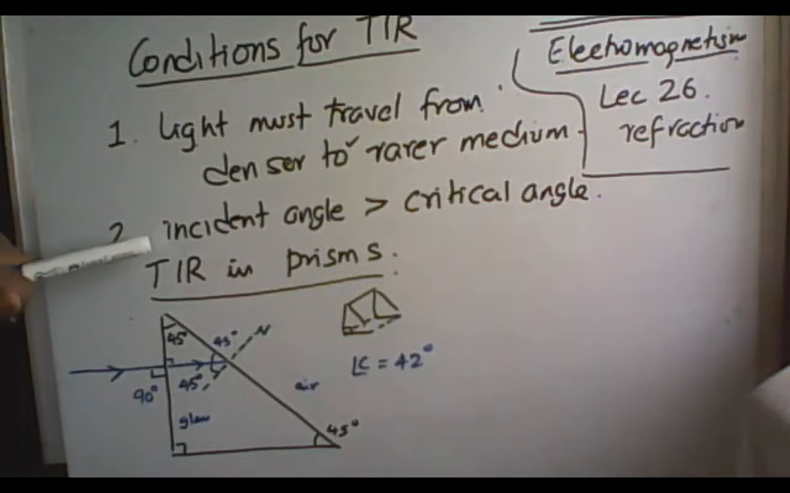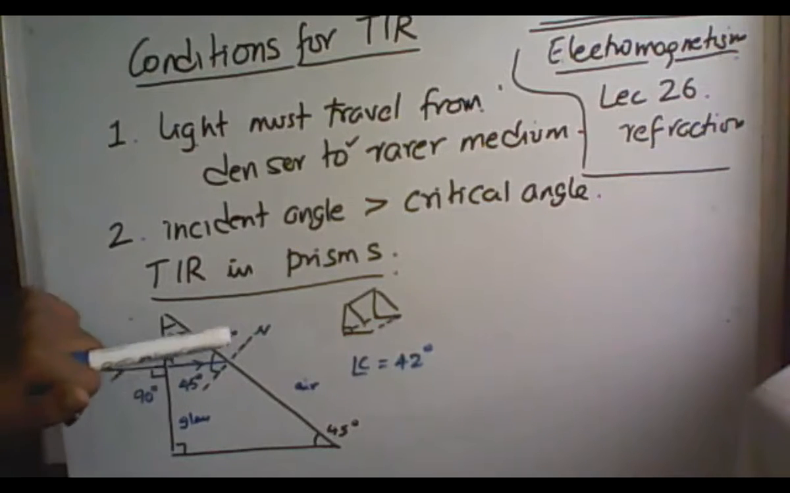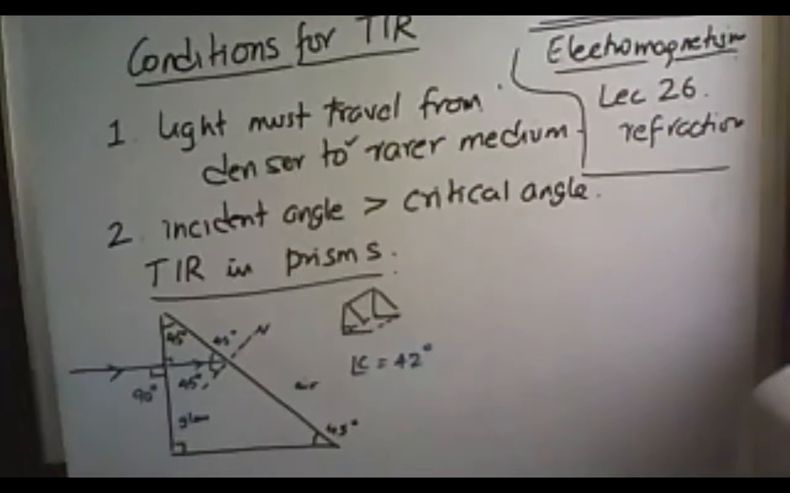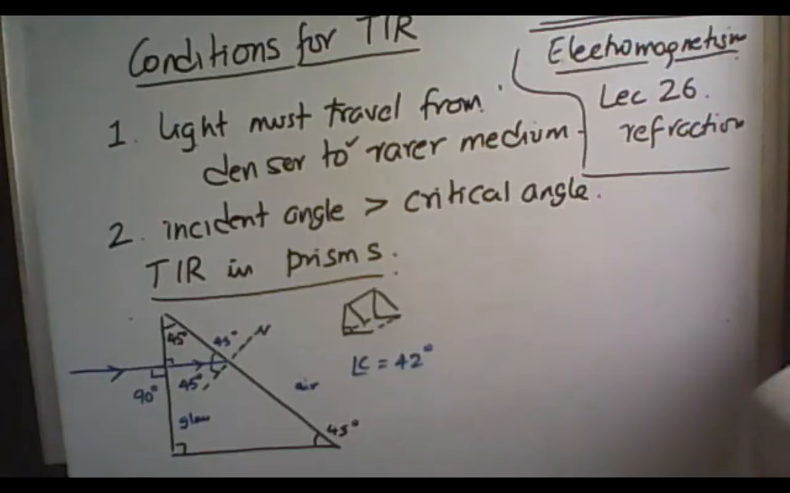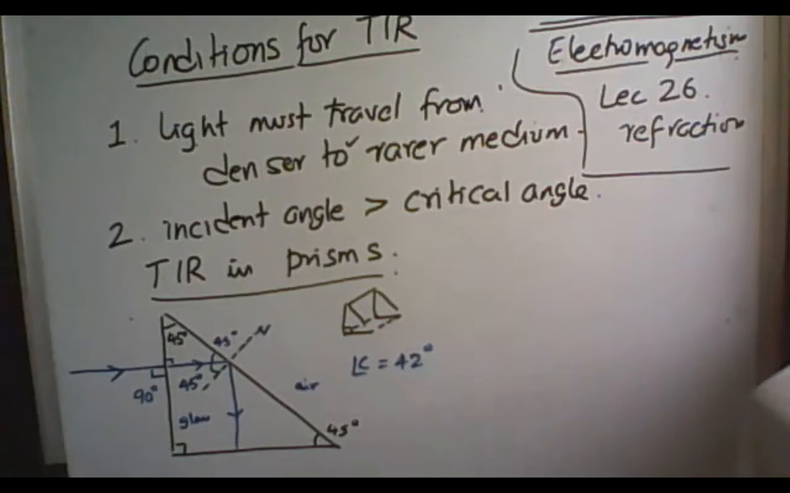And then the second condition is the incident angle, which is this angle, has to be greater than the critical angle. Critical angle is 42 degrees, which you are expected to remember. So therefore, there is going to be a reflection, a total internal reflection taking place. Okay, so now again,